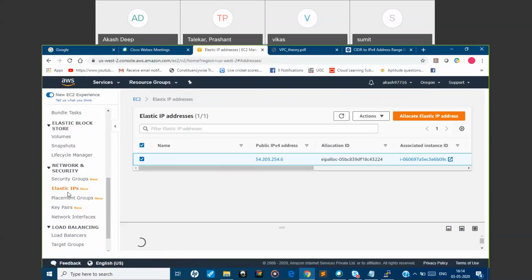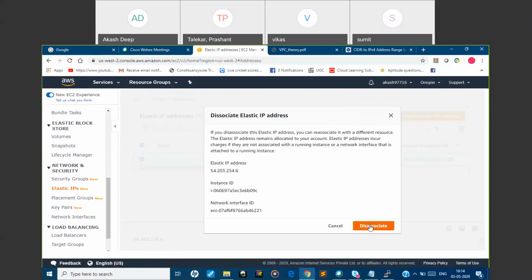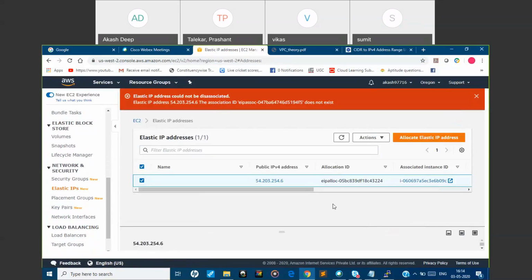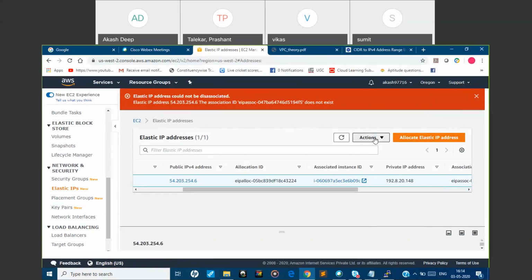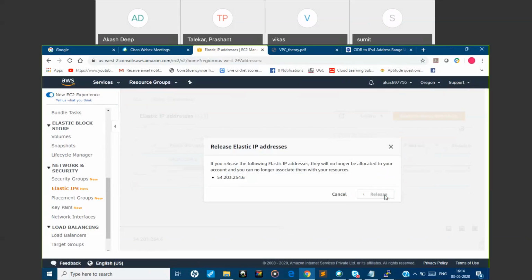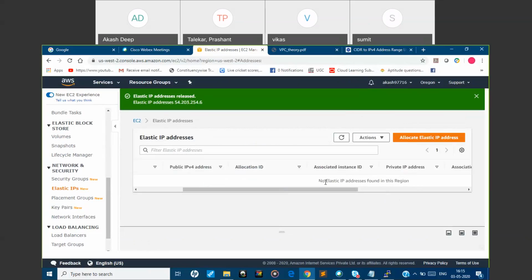Because AWS will charge for it. Now I don't have to pay anything.